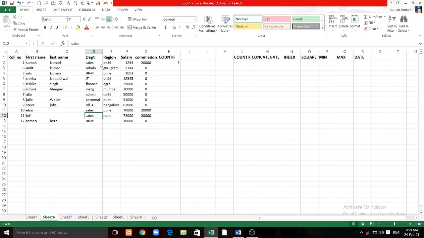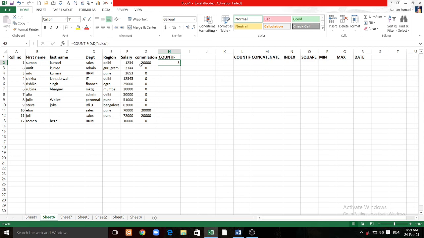Like I want to find the number of people who are working in the sales department and whose salary is more than 50,000. We have already got the result of how many persons are working in the sales department. We have 3 employees working in the sales department. From these 3 persons, count those who have more than 50,000 salary.